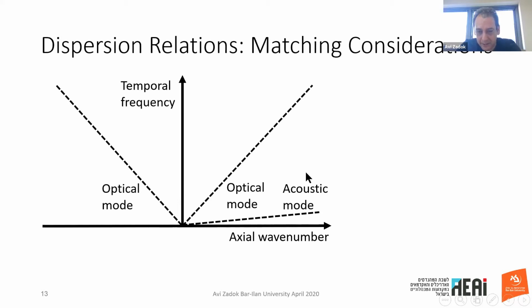And the relation between frequency and wave number, the relation between omega and K, are velocities. Therefore, the slopes of these diagrams represent velocities in which waves propagate. So I can draw here, for instance, the pump wave going in one direction with a certain frequency omega and a certain wave number K. And I can draw the signal wave propagating along the same mode in the opposite direction with a certain omega